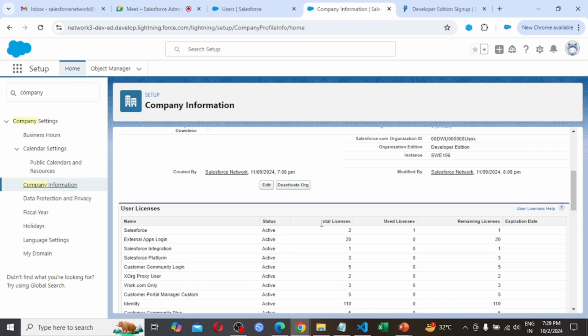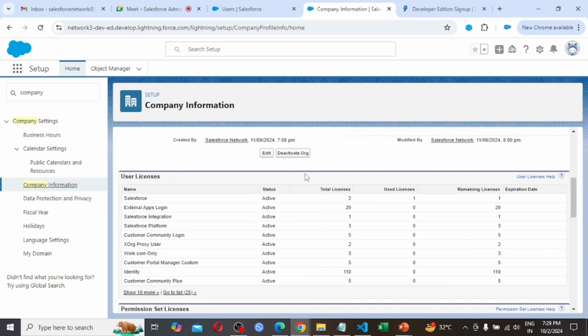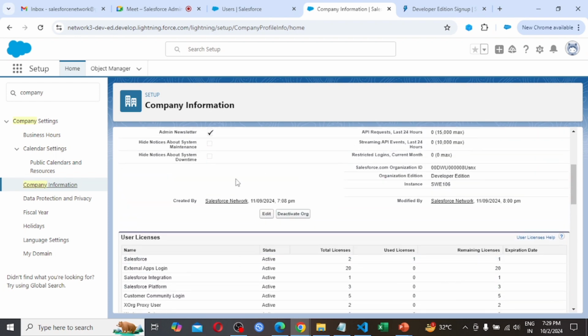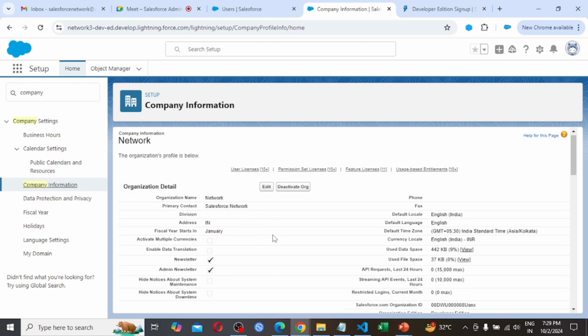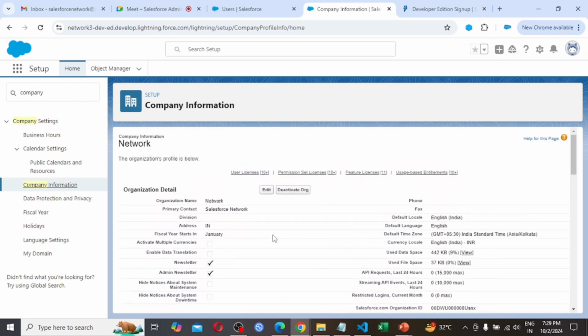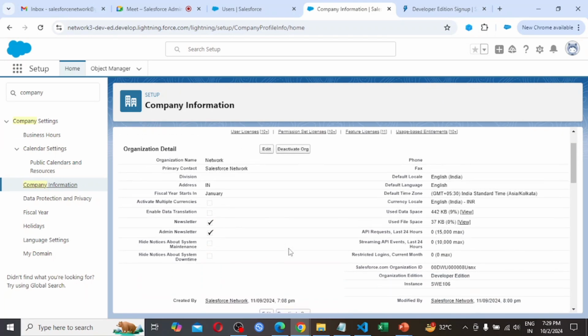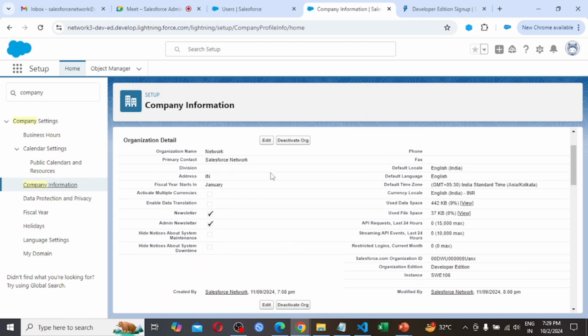So for anyhow if someone needs to deactivate the org, we can click over here, or we can modify these details for the organization label. Suppose we have to update the phone number, fax number for this particular organization, we can do this by clicking on edit.